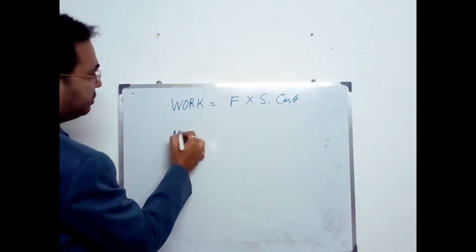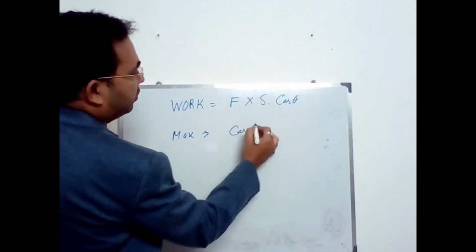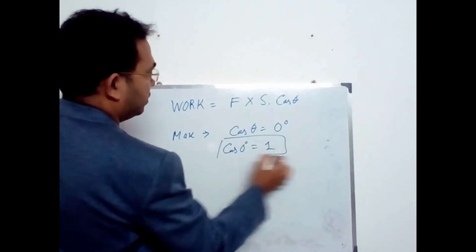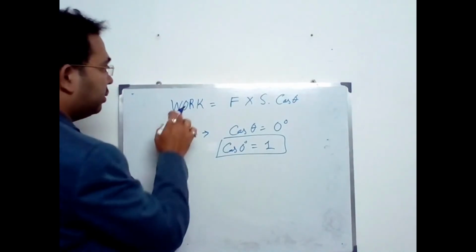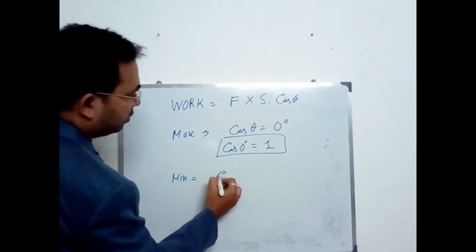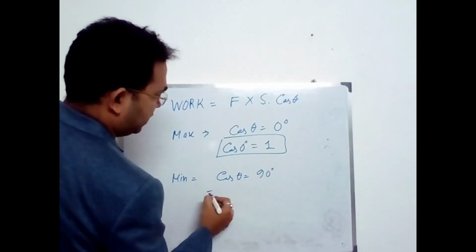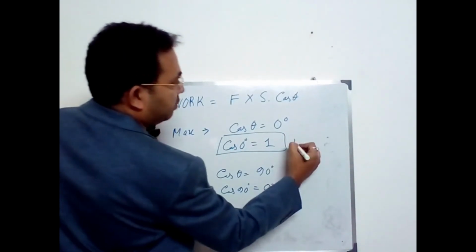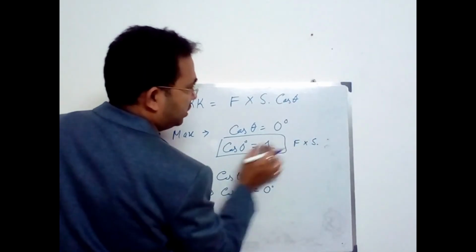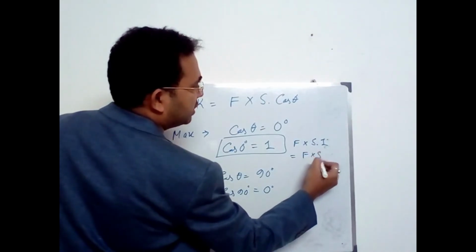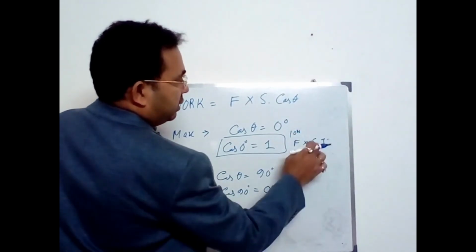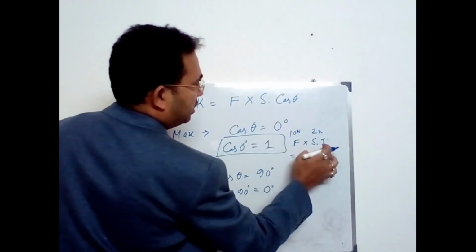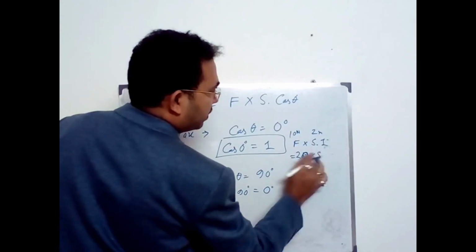So the work done is maximum when the value of cos theta is 0 degree, because cos 0 degree equals to 1. এখানে আমরা f into s into cos 0 degree তো 1, তো আমরা ম্যাক্সিমাম ভ্যালু পেয়ে যাব f into s। যদি 10 নিউটন ফোর্স আর ডিসপ্লেসমেন্ট যদি 2 মিটার হয় আর cos থিটার ভ্যালু মানে সেম ডিরেকশনে দ্যাট ইজ 0 ডিগ্রি হয় তাহলে 1 হবে, তাহলে এখানে পাচ্ছি 20 নিউটন মিটার।